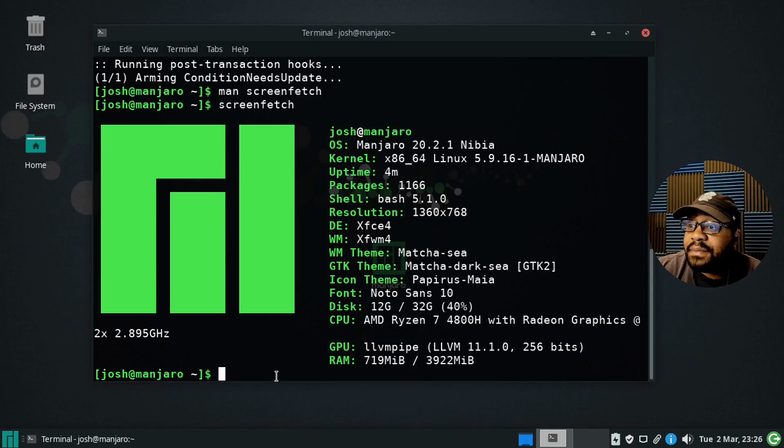Now that it's installed, let me go down and show you guys how to actually add it to your bashrc. Because one thing I like to do whenever I open up the terminal, I like for it to run Screenfetch. That way it'll show all this information as soon as I open up the terminal. Now all you have to do is type nano, or you can use whatever text editor you use, Vim, Vi, whatever, but nano. And we're already in our home directory, which is represented by the tilde right here, so that lets you know you're in your home directory. And all we have to do is type bashrc and press enter,